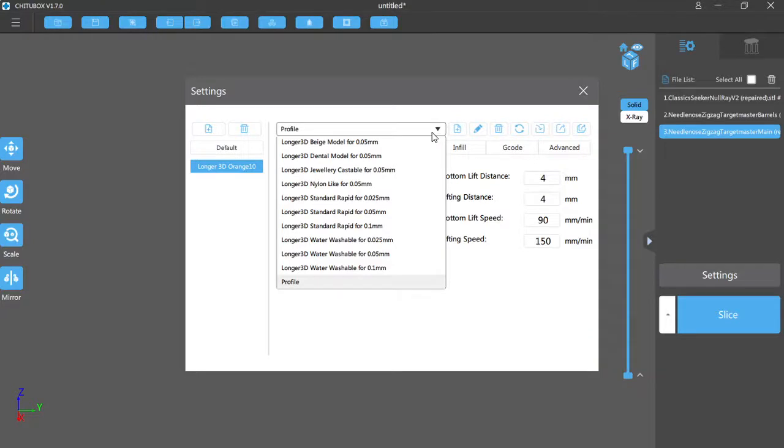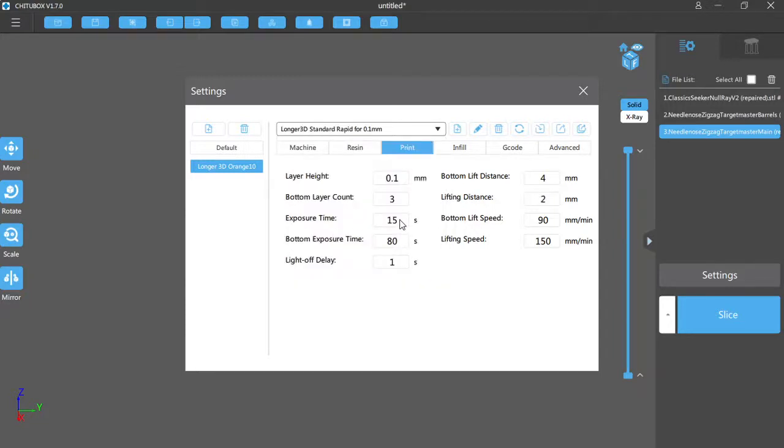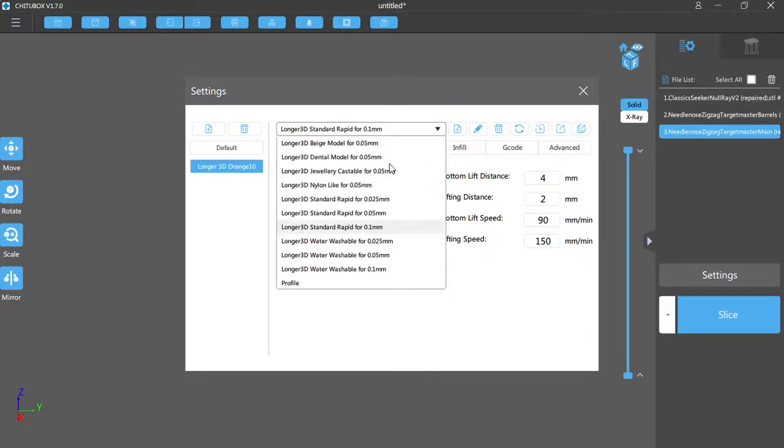The way it was set up originally for the Longer Orange, it had all these different ones. I have a different setting for the rapid, 0.1 at 15 seconds exposure time. This is for my black Longer resin. But basically you can just create more or just change the existing ones to fit whatever amount of